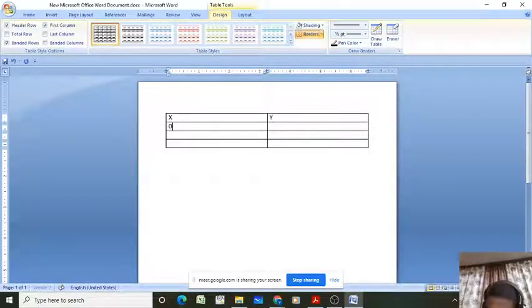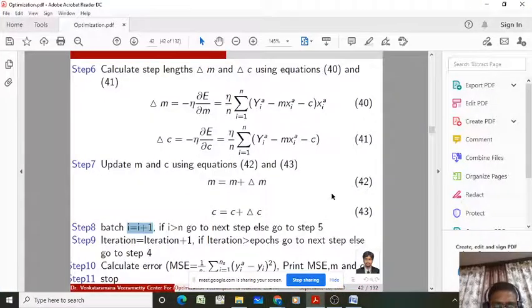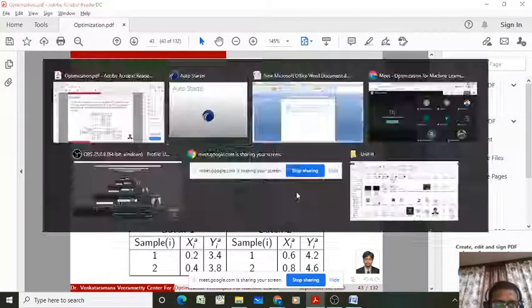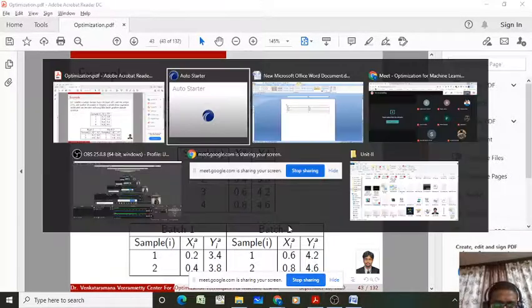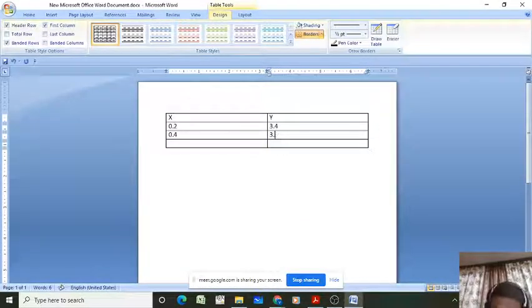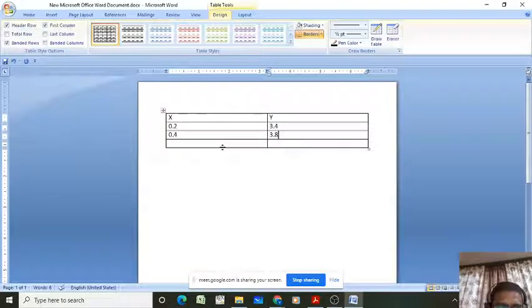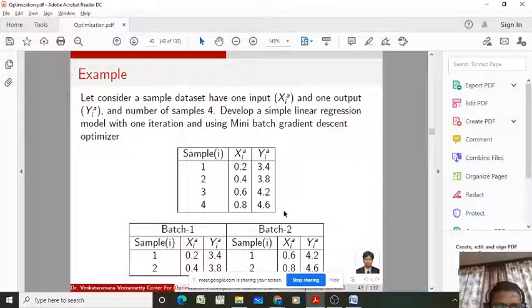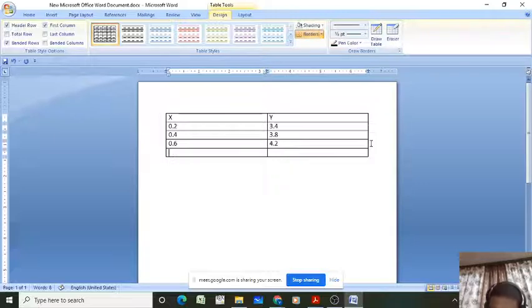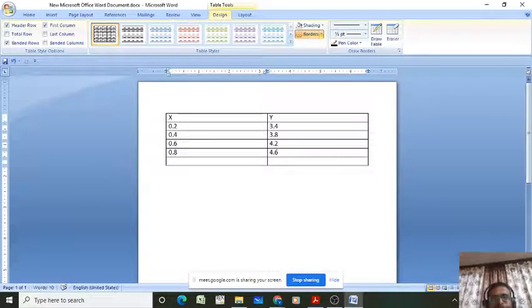So for 0.2 the corresponding value is 3.4, for 0.4 the corresponding value is 3.8, for 0.6 it is 4.2, and for 0.8 it is 4.6. Let us assume this is the data set.